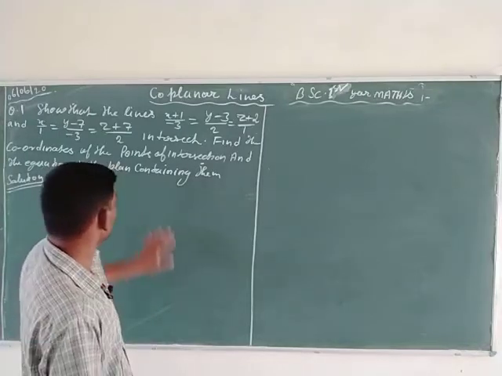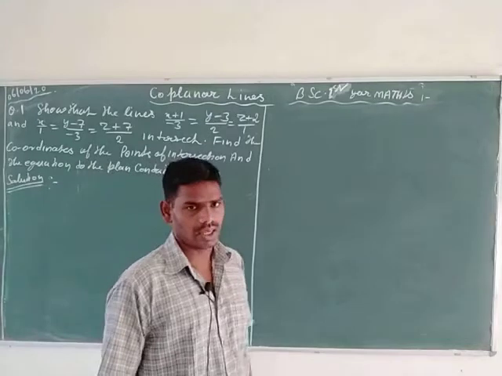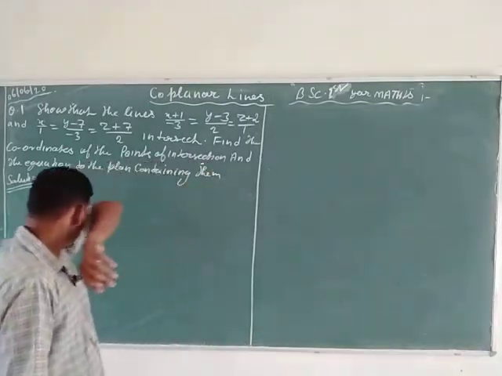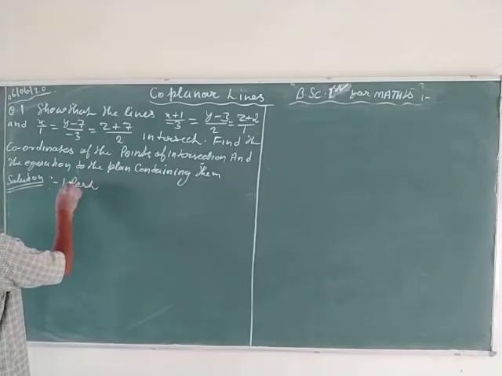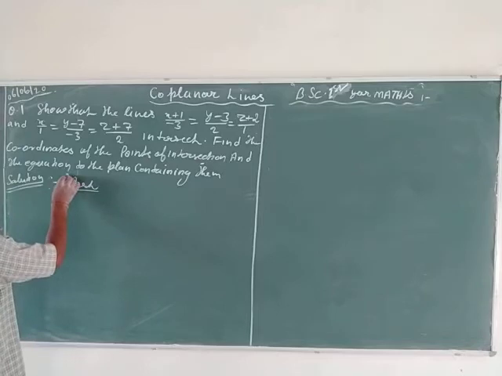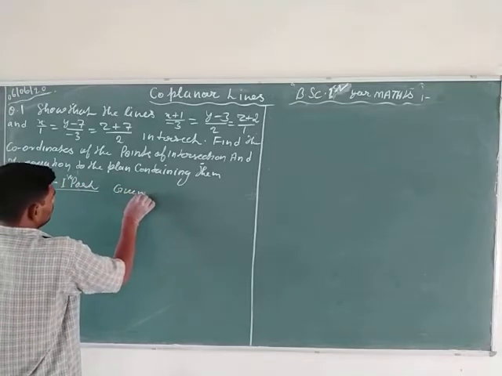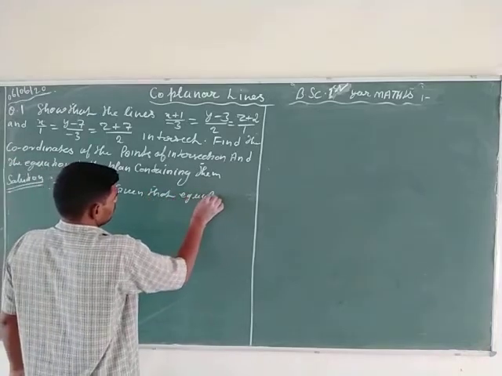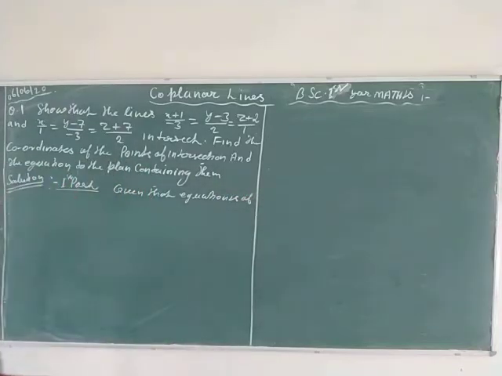So students, here in the first question, there are three parts. First calculate the first part. In the first part, given that the equations of intersecting lines